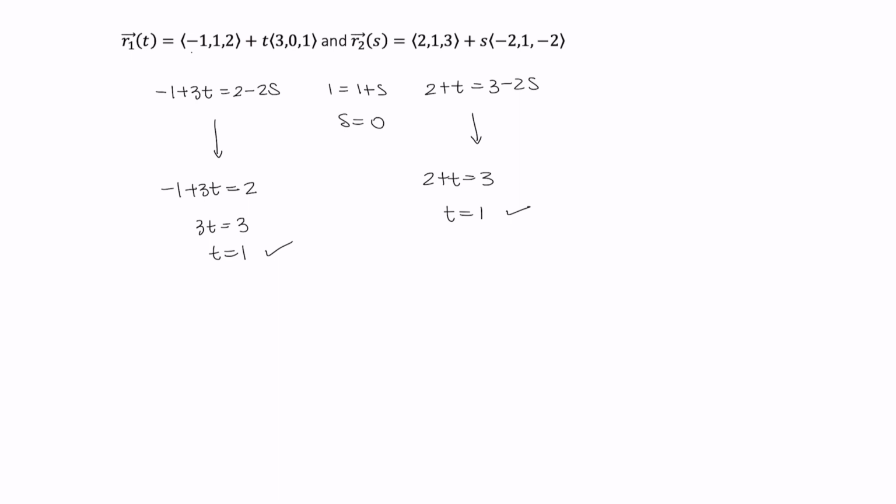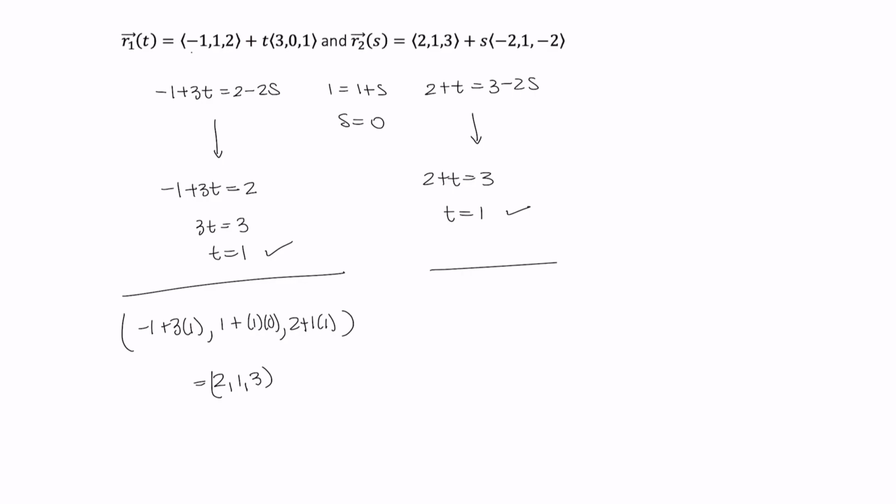Now to figure out where these intersect, let's go ahead and let t equal 1 here to get -1 plus 3 times 1, comma, 1 plus 1 times 0, comma, and then this last one is 2 plus 1 times 1. So this is what, 2, 1, 3. And then when we let s equal 0, it's a much easier point here, since letting s equal 0 makes this vanish. 2, 1,